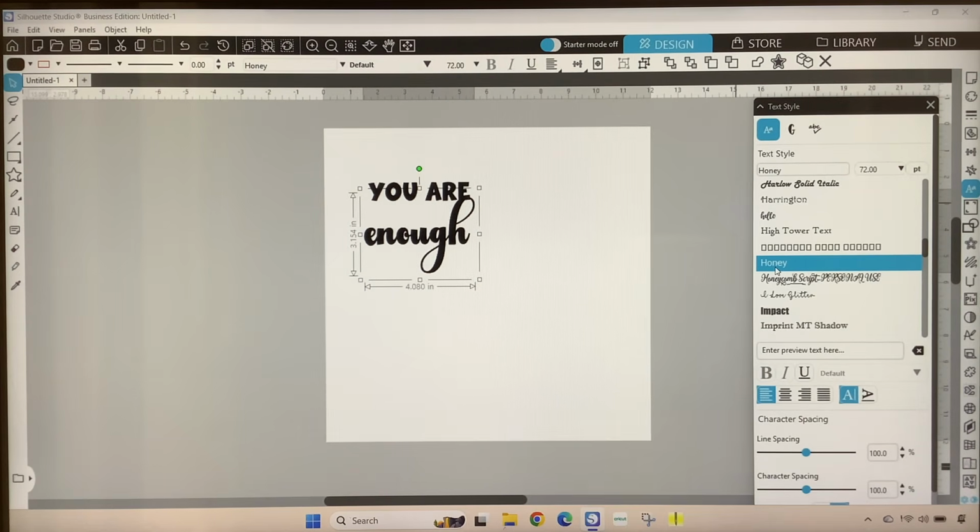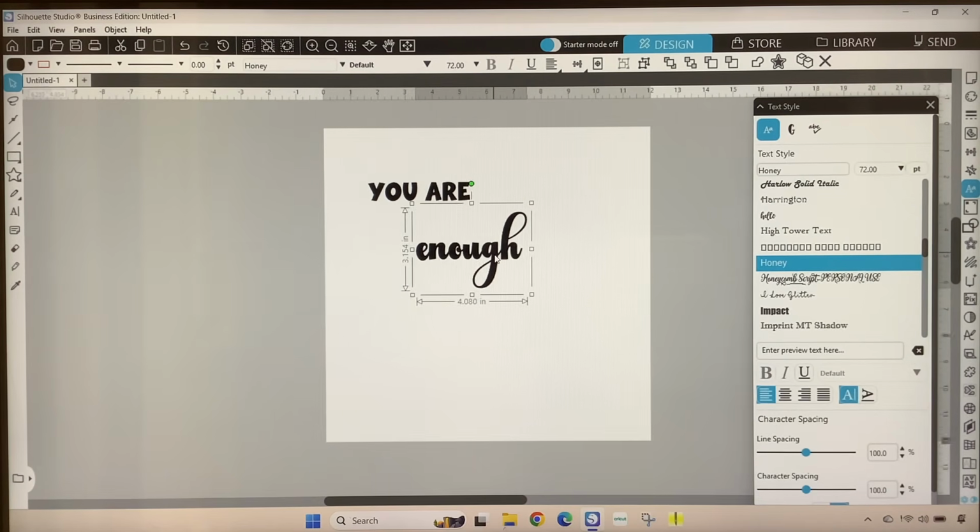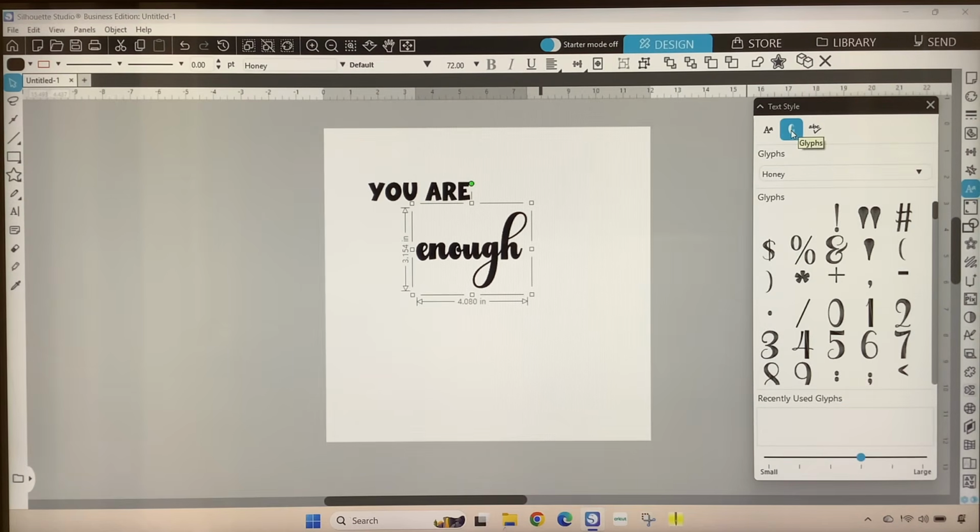I also want to change the letter H to something a little bit more fancy, and I'm going to do that by adding a glyph. So to change the letter to a glyph, I'm going to make sure that my text is selected. On the text style panel, I am going to select the second icon, which is a G, and I'm going to select that. Then I want to double click on my text,